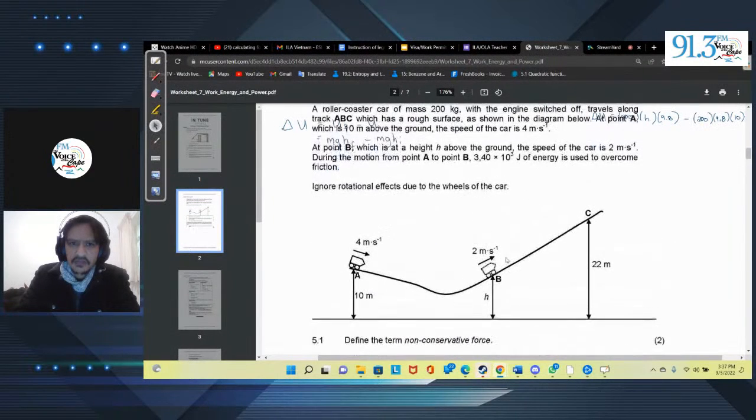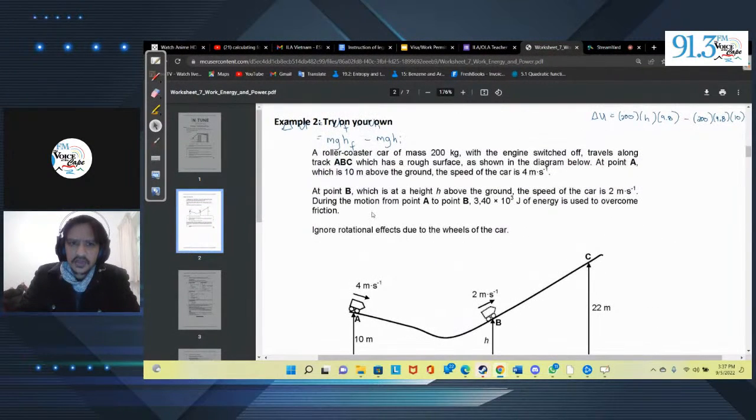And that was the fact that during the motion from point A to B, 3.5 times 10 to the 3 joules of energy is used to overcome the friction. Right? So that's where the energy went with regards to the non-conservative force, where WNC is equal to 3.4 times 10 to the 3 joules. So we aren't wrong for using this, but this is just one part of the problem, calculating the change in